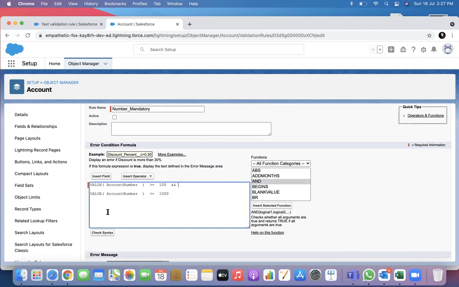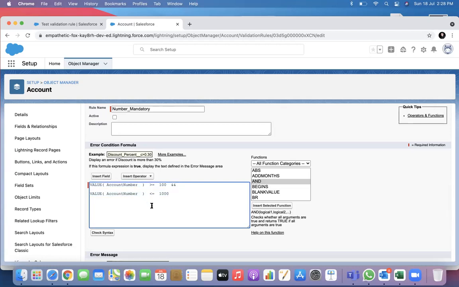Because the AND function will check both parameters and make sure all conditions are true. OR means any one needs to be true. So please remember that OR is any and AND is all. Here both conditions need to be satisfied, then only I will be able to save the record.